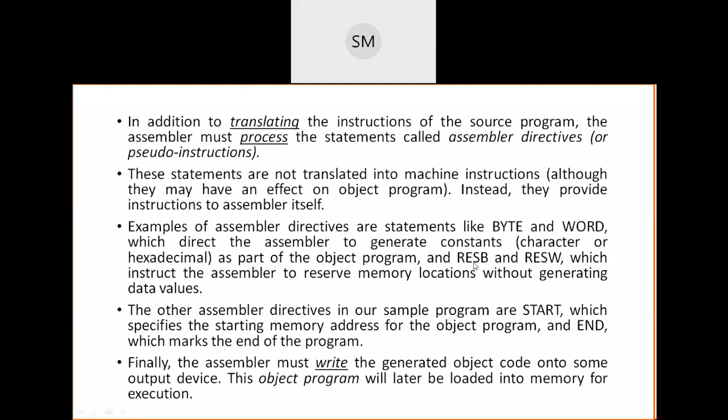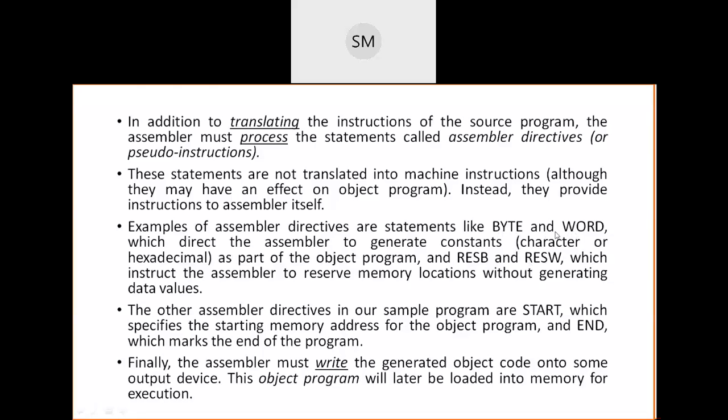And the reserve word assembler directive also reserves memory. What type of memory? It reserves words, not bytes. However many words you want to reserve, that many words it will reserve.